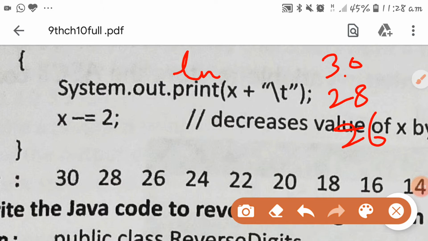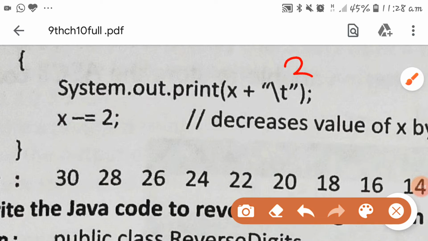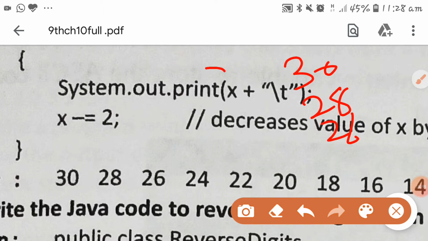So in the output, write the output accordingly. Such things are very important. If the statement is print and you write the output like this, 30, 28, 26, one per line, it is wrong, because you have not given consideration to the print statement. You have given the correct values, but in the format of println, not print. So while doing such questions, have proper concentration on the command.